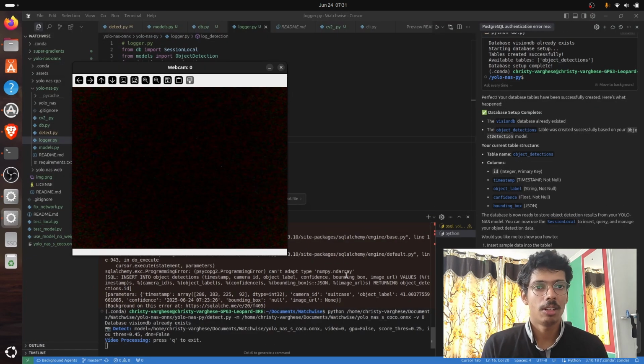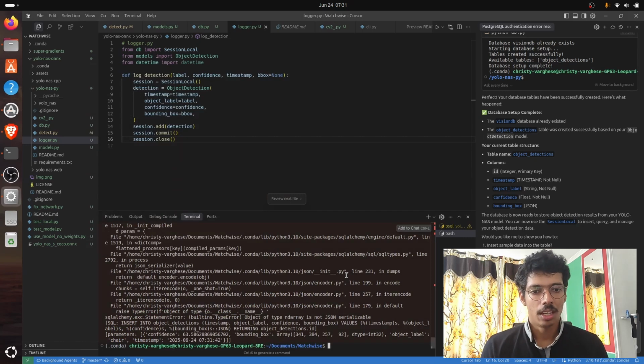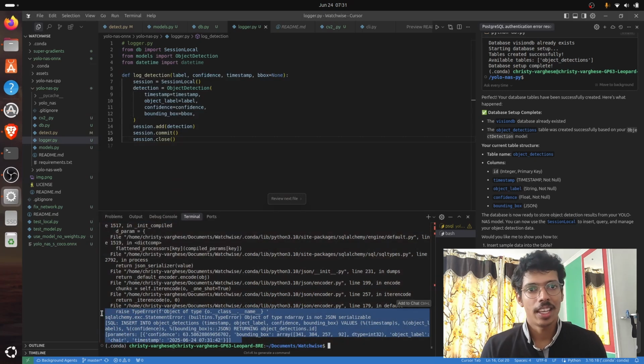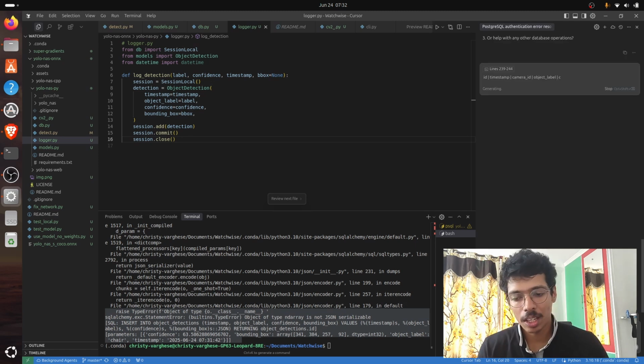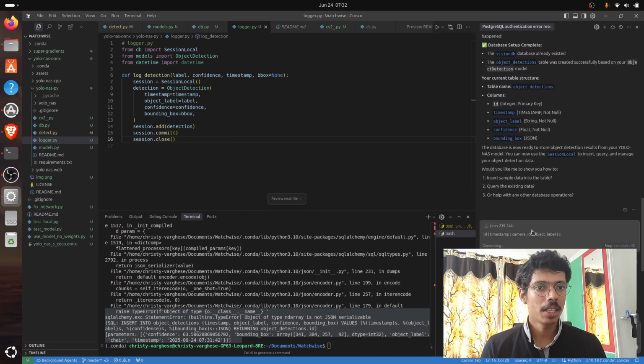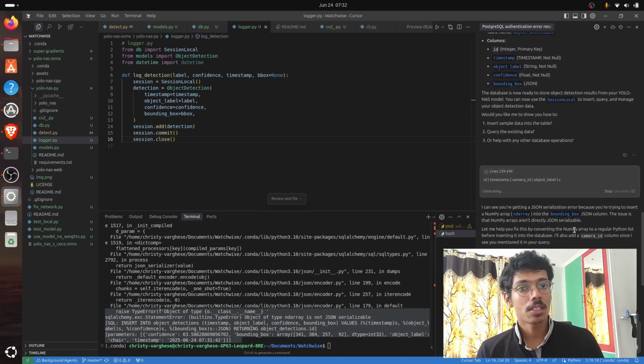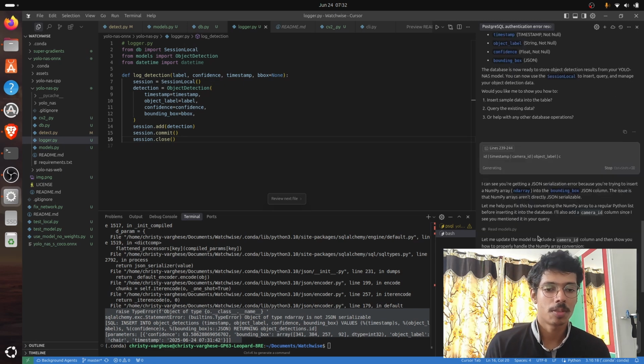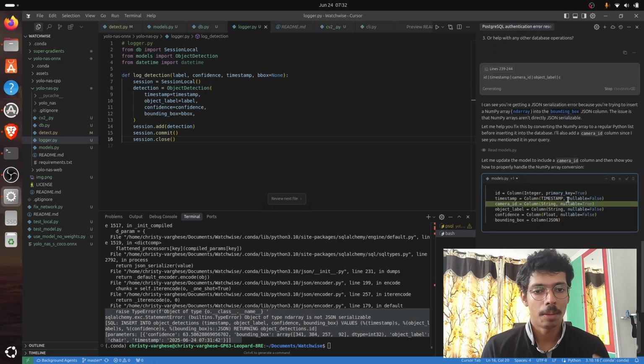But once we tried to run the particular script, it failed, and I asked Cursor why this particular script is failing. Cursor, being really good at this kind of job rather than me, explained that the bounding box type is actually a numpy array. That is not how we have defined it.